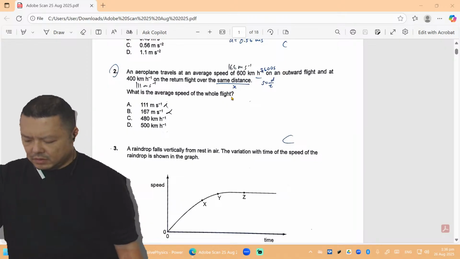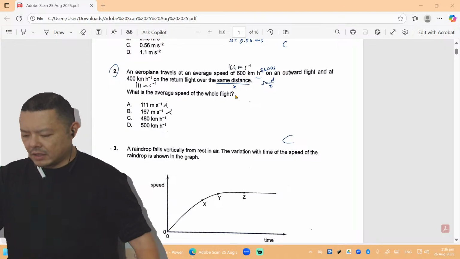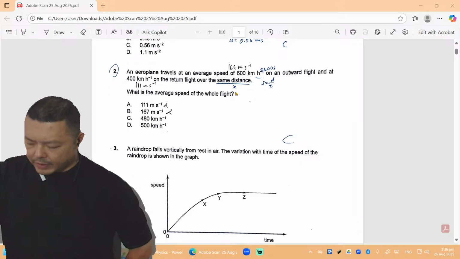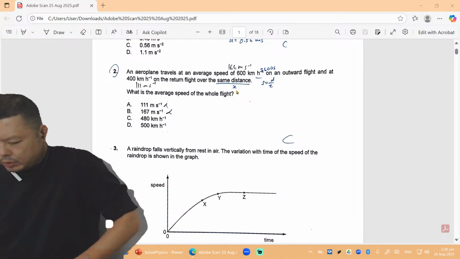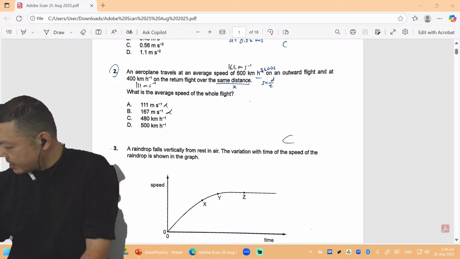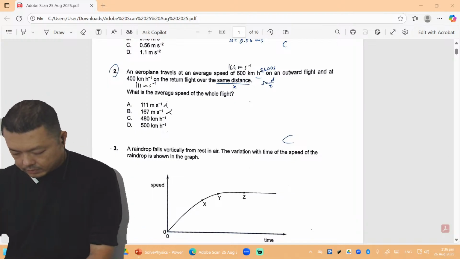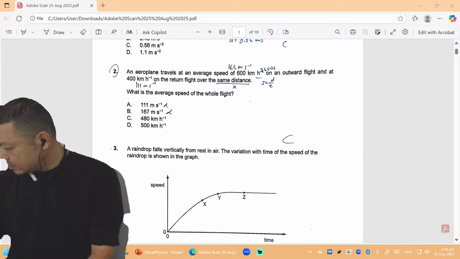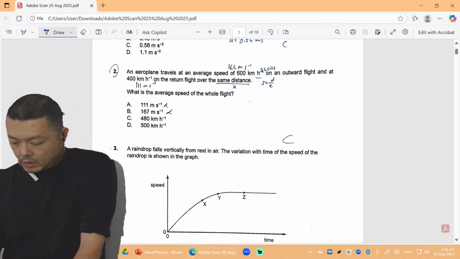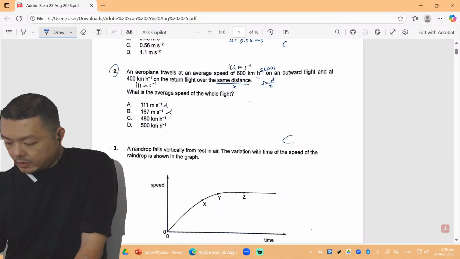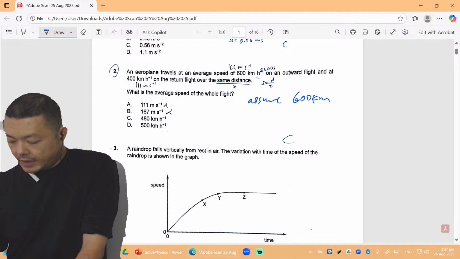I just assume, like, 600 km back and forth. Yeah. So then you want to find the total distance, right? So for question two, you probably have to assume 600 km distance, and then after that find